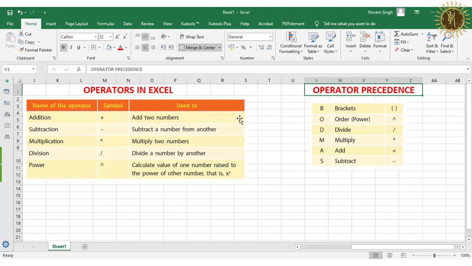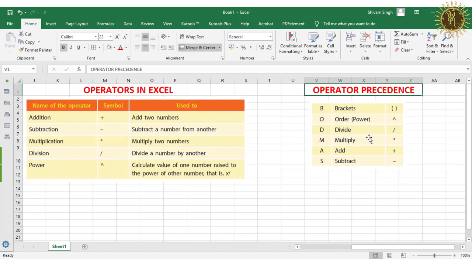After that, there is a operator precedence. So in this operator precedence means the order in which we do the calculations, means this BODMAS, as you have maybe studied in mathematics. So like this, in according to the BODMAS, Excel also do the calculations. So when the two or more operators are used in a single calculations, MS Excel also follows the BODMAS rules.